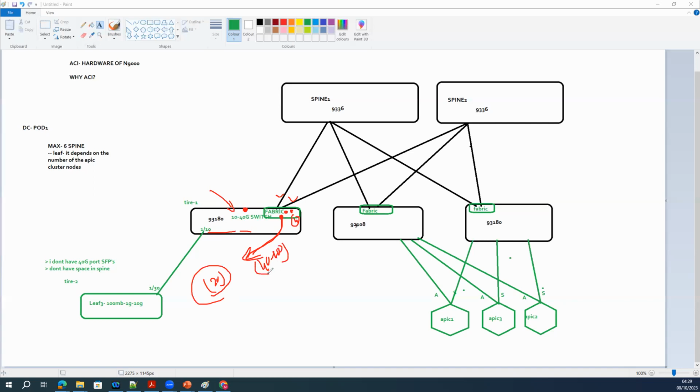But there is an issue with that also. Sometimes when you reload this device during the upgrade, these ports create issues. Recently, I faced that. I had two ports that we had converted, and we upgraded to 5.0 from 4.2.